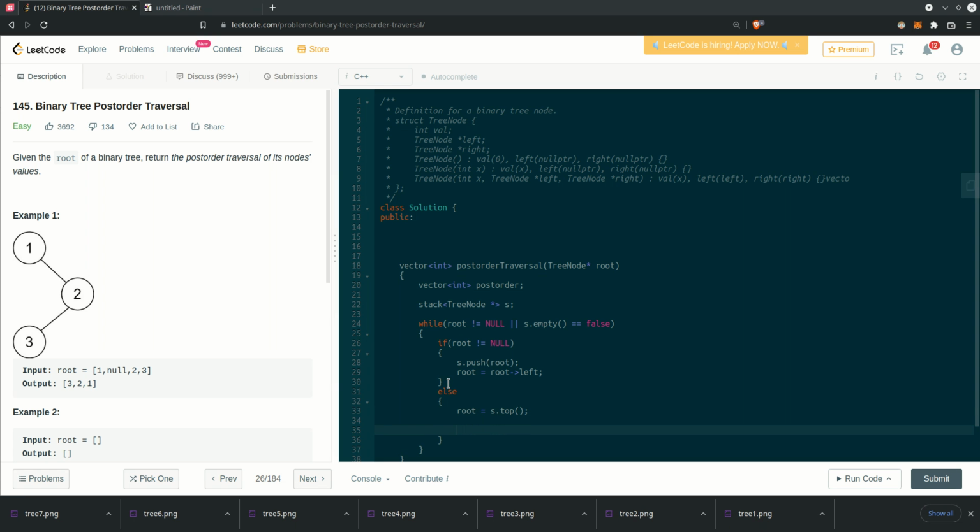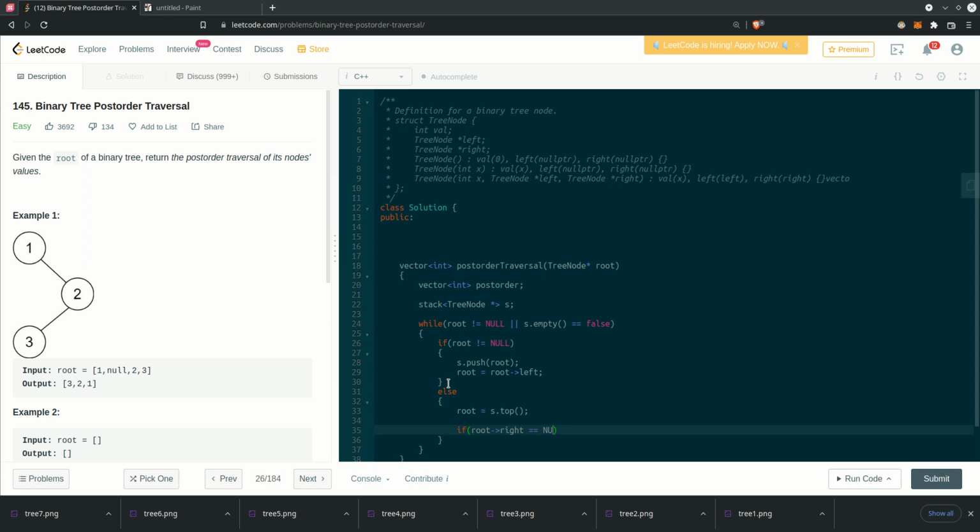In an indirect way, root is going to point on the element which is present at the top of the stack, and after taking the reference I am going to check whether root's right is not equal to null,